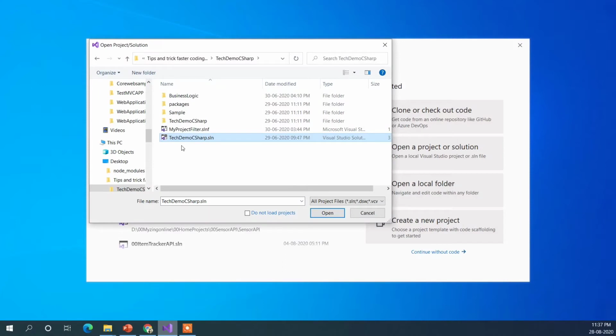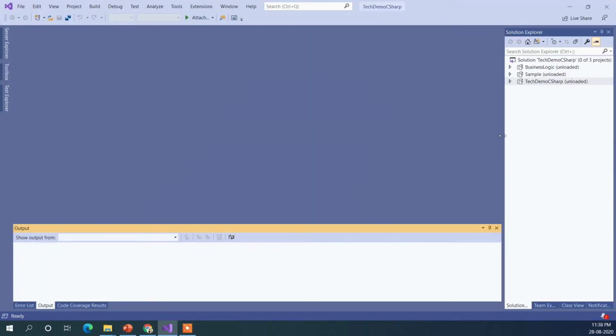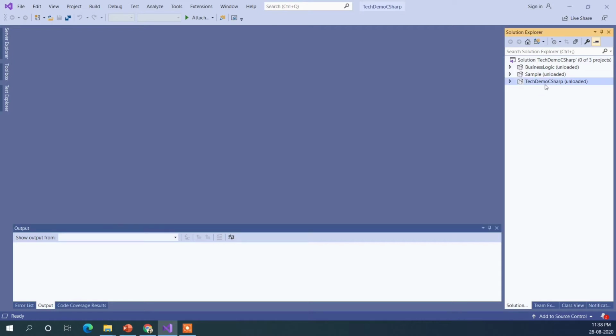As you can see, it's my project solution, and if I check this one, it will not load all my projects. So let's just open it. Now you can see it's opened in an unloaded position. So you can choose which project you need to load first. My main project is this, so I will load this one first.